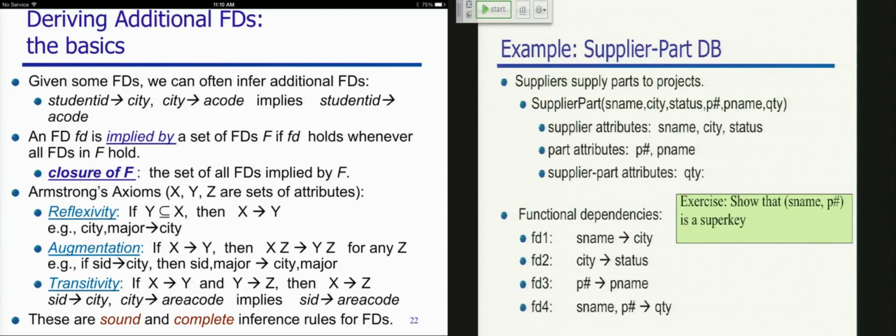You're given S name and city, so you can combine that with S name and status. S name and city status. Combine that with this. You got it on 12. I guess, yeah, that works. I just wrote out one side. Here, give it